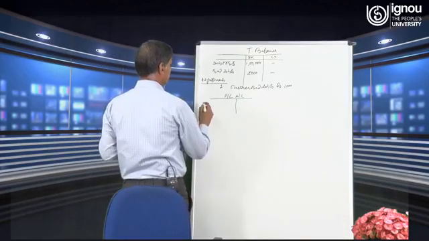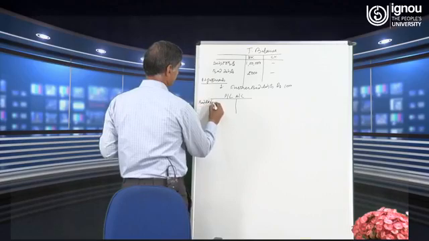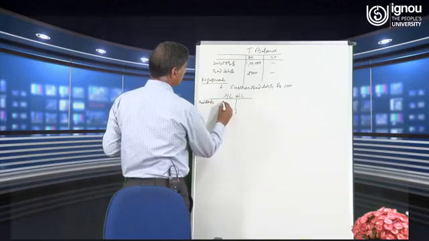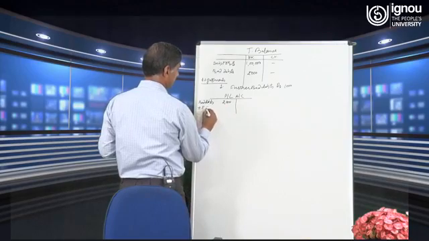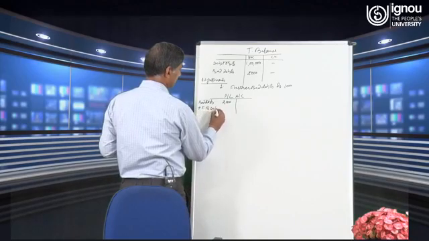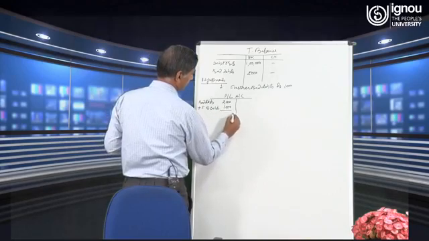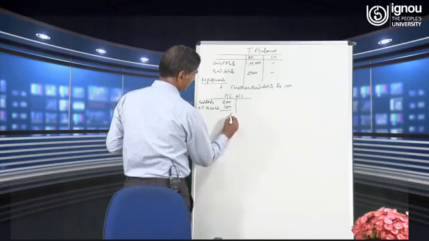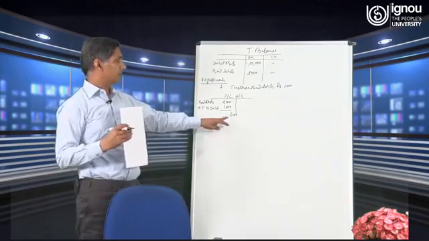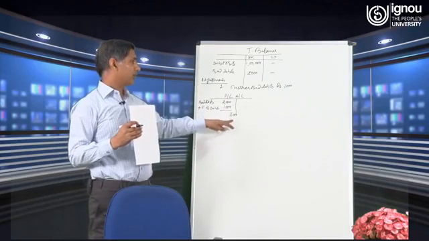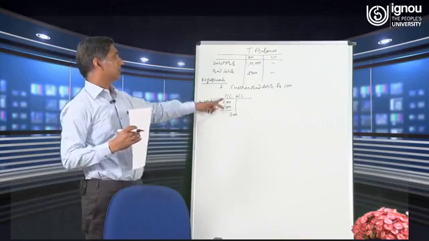So here, bad debts given are 2000, plus further bad debts 1000, total 3000 rupees. So this amount of rupees 3000 would be recorded in the debit side of profit and loss account, as rupees